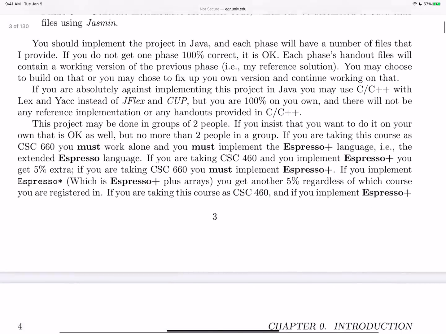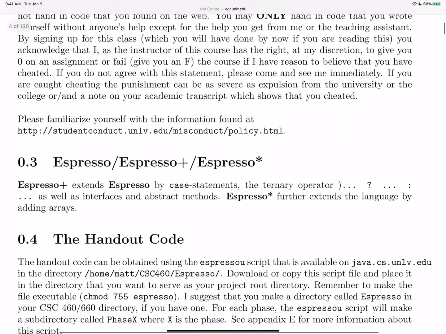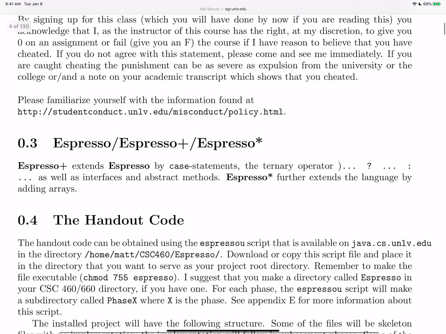Right. So there's the academic misconduct, and speaking of, there are still a number of people, roughly 15 or so, that haven't done the quiz thing on WebEx pertaining to this. So could you please do that, or else I'm going to have to send Alex to your house to do like a census.